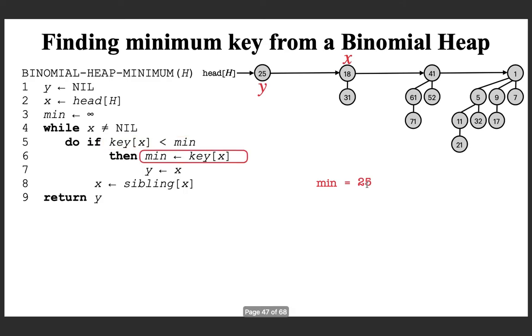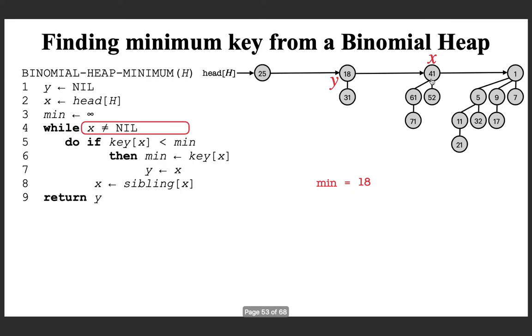You come down and say that minimum is the key at x, which is 18. Then coming down and setting y as the new minimum node, so y will come here. Again going down and updating x to the sibling of x, x will come to 41.